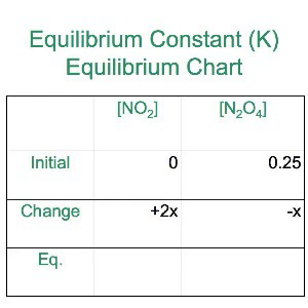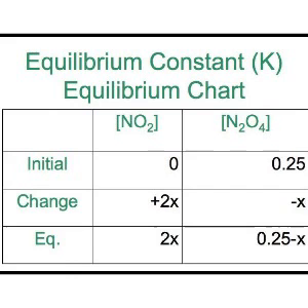If we want to test the 5% rule on this, I'm going to assume that the amount of x that I subtract from 0.25 is so small that it doesn't matter. So if you draw a circle around the minus x and kick it out, your formula is much easier to maneuver, and it is 169 equals 0.25 divided by 2x quantity squared. In solving for x, I find that it is